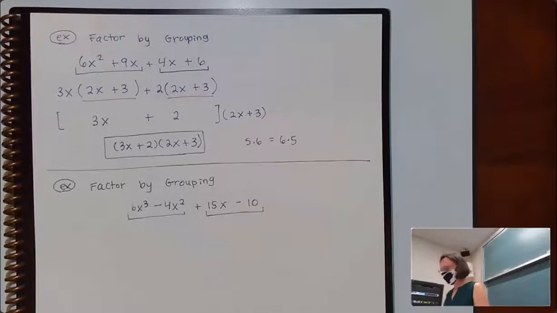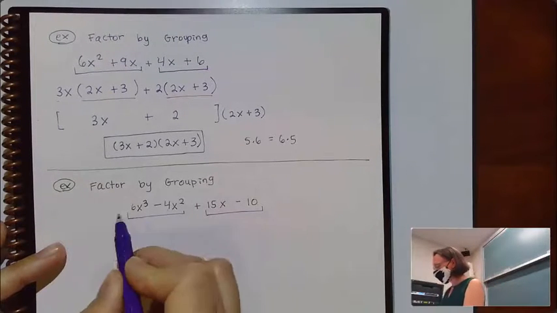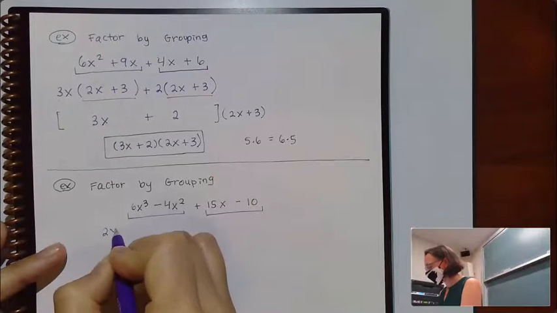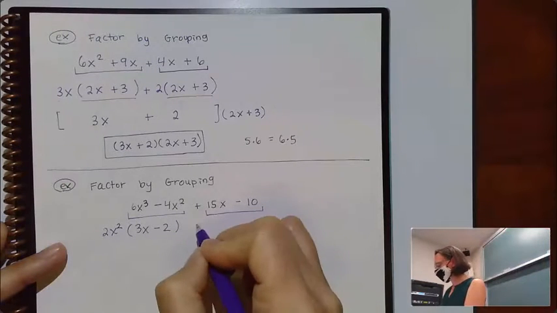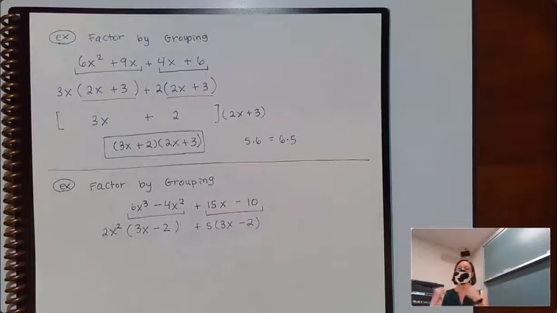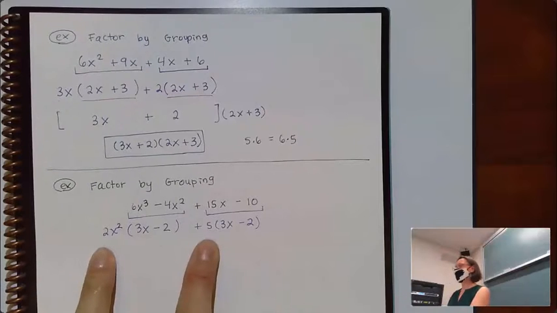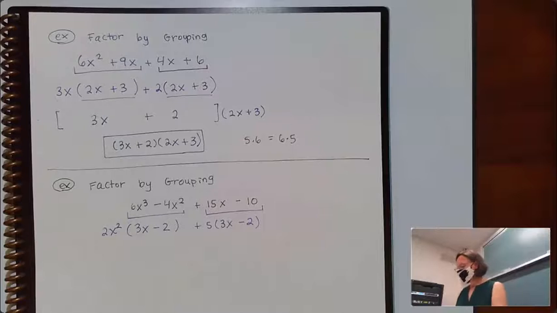Okay, so getting some answers in the chat. Answers in the chat look good so far. So if I look at this first piece, I know that I can pull out a 2 and an x squared, which would give me 3x minus 2. And the second piece, we can pull out a 5, which would give me 3x minus 2. And the hope every time we're doing factoring by grouping is that when we pull out that greatest common factor, what's left matches between the two groups. Since it matches,